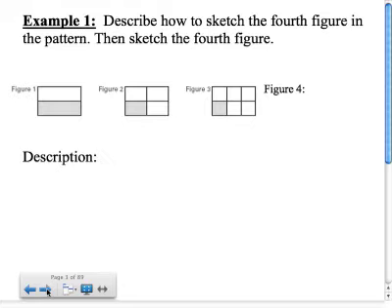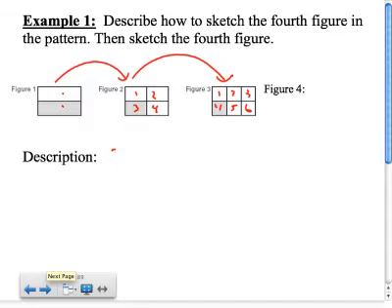So I know your papers were not shaded. If I look at this, it says describe how to sketch the fourth figure in the pattern and then sketch the fourth figure. This one's got 1, 2, and the bottom one shaded. This one's got 1, 2, 3, 4, bottom left is shaded. 1, 2, 3, 4, 5, 6, bottom left is shaded. You'll notice each time, I'm adding 2 additional boxes. So my description would be 8 boxes. I don't want to write that out. Work smarter, not harder, right? So 8 boxes,